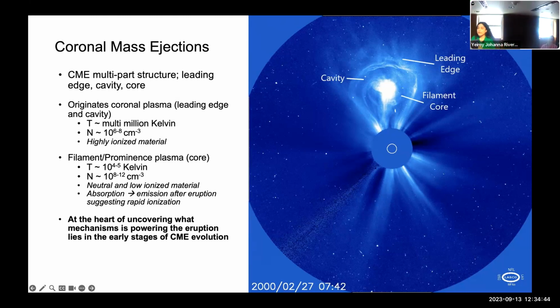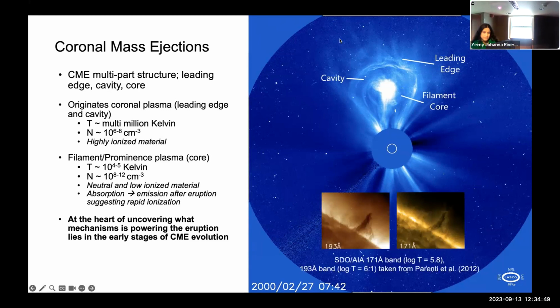So oftentimes we see the structure itself, magnetically suspended in the corona, as these dark blobs, generally in absorption because they're absorbing UV radiation. They're actually not emitting in the UV. But oftentimes, one of the signs that we see that the CME is being very quickly heated after it has erupted and starts to lift off from the corona is that the prominence goes from absorption to emission very quickly, just as soon as you start to see the eruption happen.